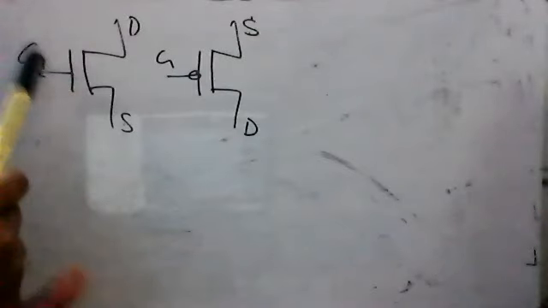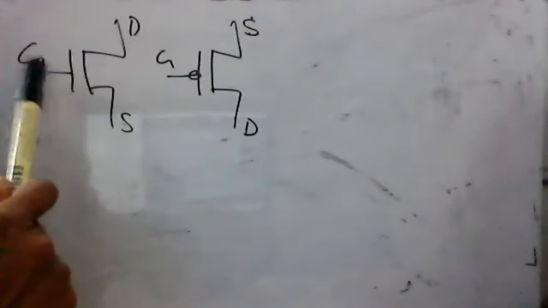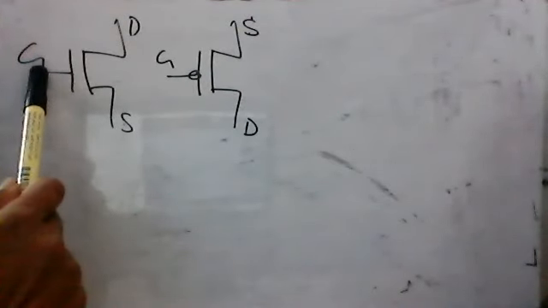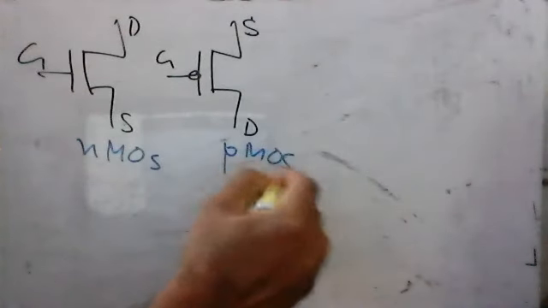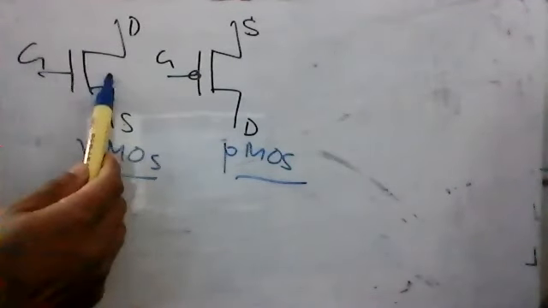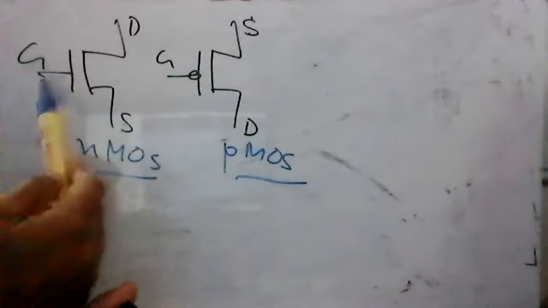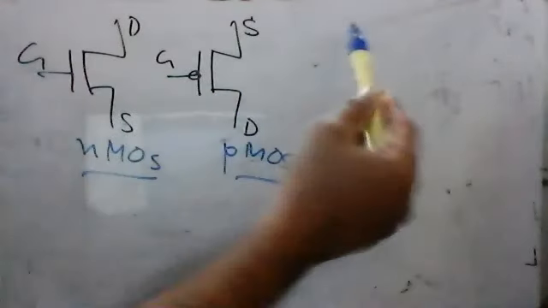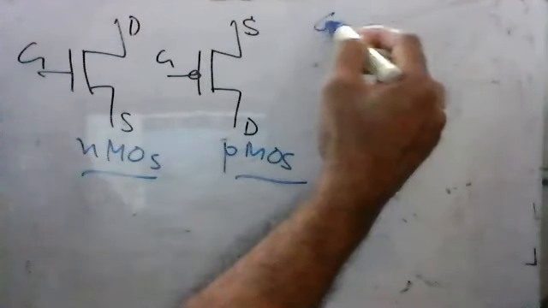Now look at the last class. We have seen these two so far, and we know how this one operates. When we apply a positive voltage at the gate of this NMOS, and this is NMOS and this is a PMOS, then when you apply a positive voltage at the gate, this one is on and this one is off. Now we can summarize here the gate voltage,